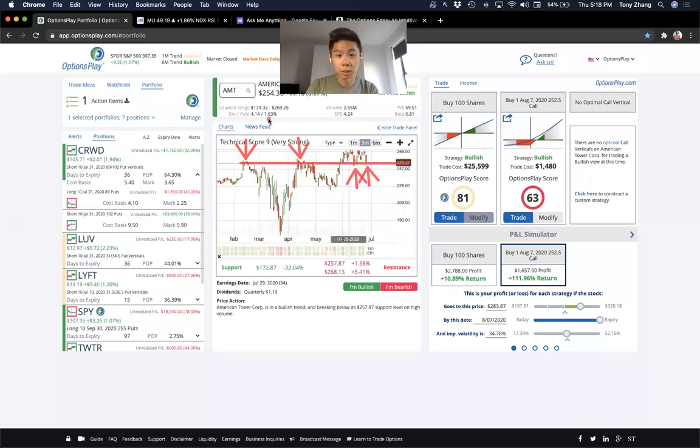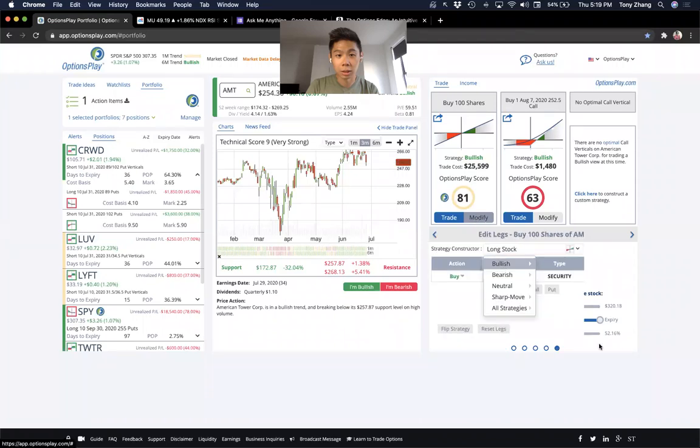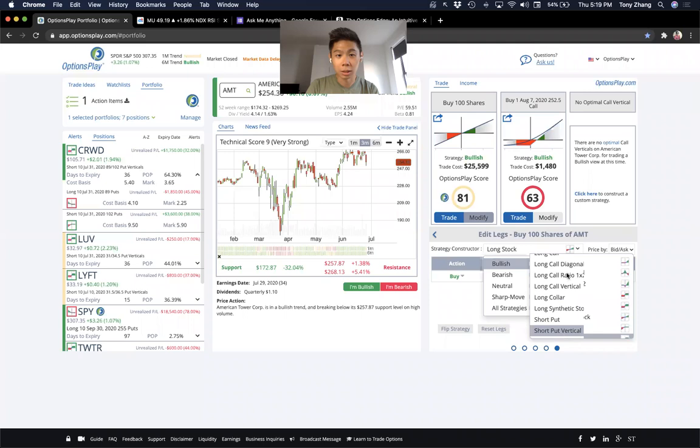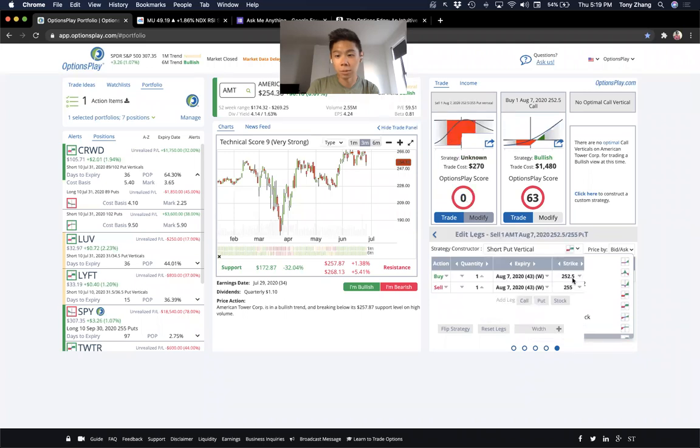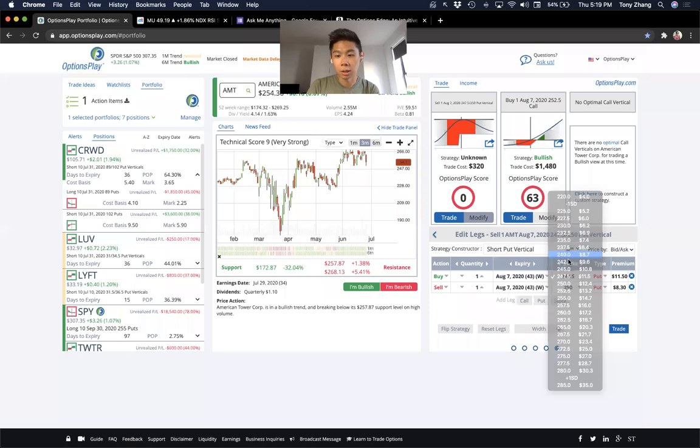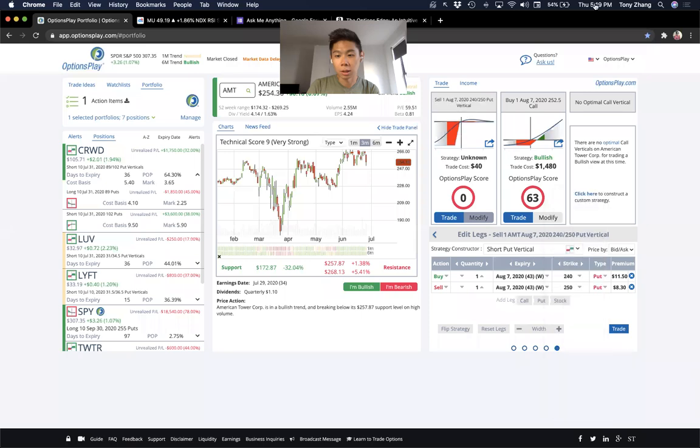It doesn't pay a particularly strong dividend for a REIT. So my preference would be, if you are interested in this, take a look at seeing if you can sell a put spread here. Maybe something like a 250, 240 or 250, 235. These are not very liquid, so be very careful. You're only collecting less than 1/3 of the width here, so not very attractive in my opinion for AMT.